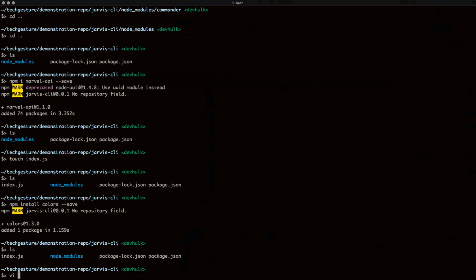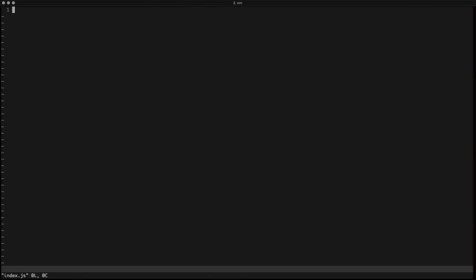I'm going to open up just my index.js right now, and I'm going to show you how to use the npm packages that we just imported after I show you what an object is in general, because objects are going to continue to come up from here on out, and we need to cover them now. But we're at a point, for a quick recap, where I've created a Node.js project, and I have the base of what I need to start creating my actual Jarvis CLI. Now, let's talk about